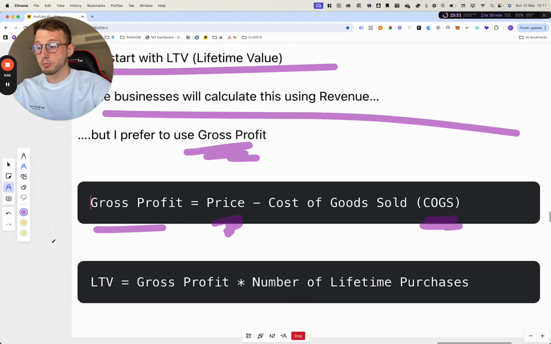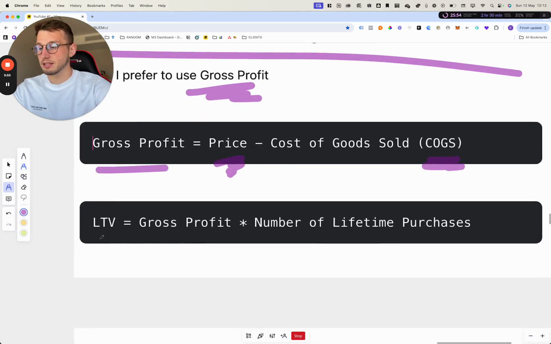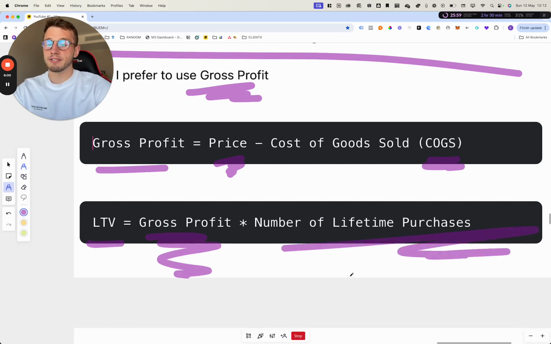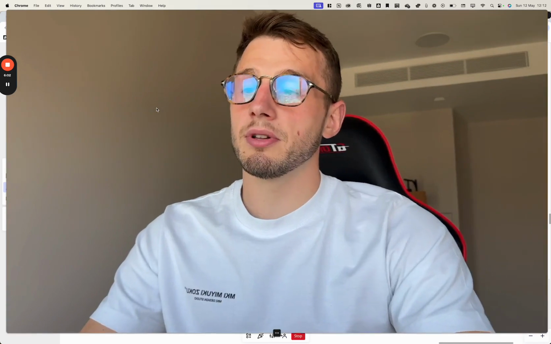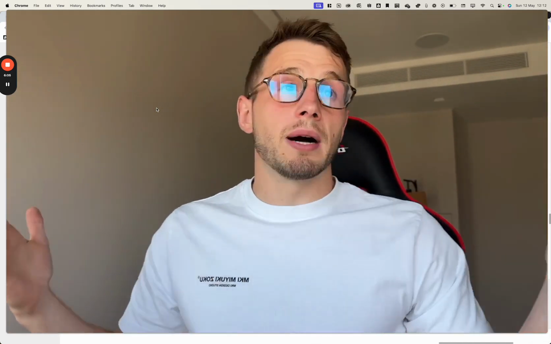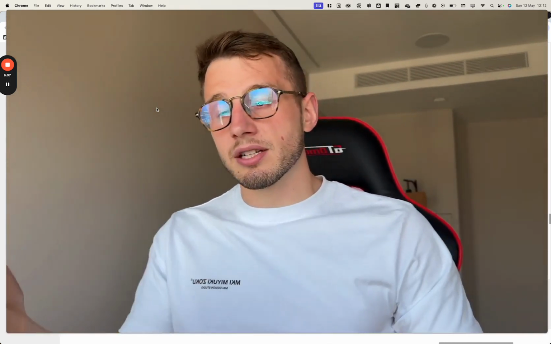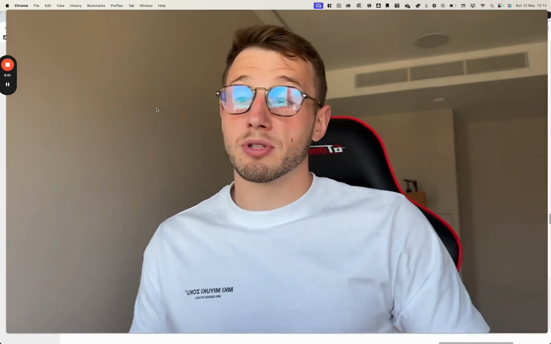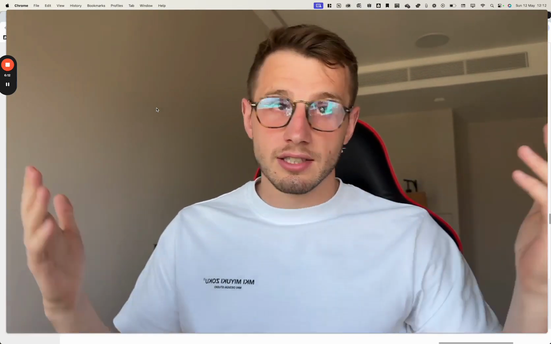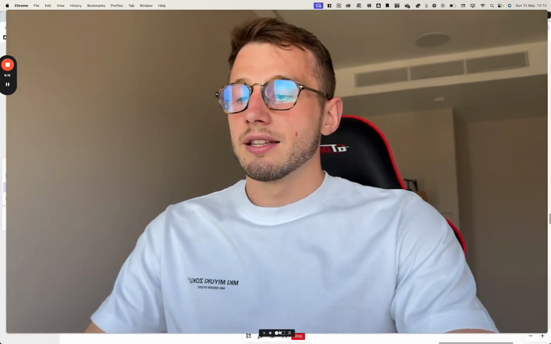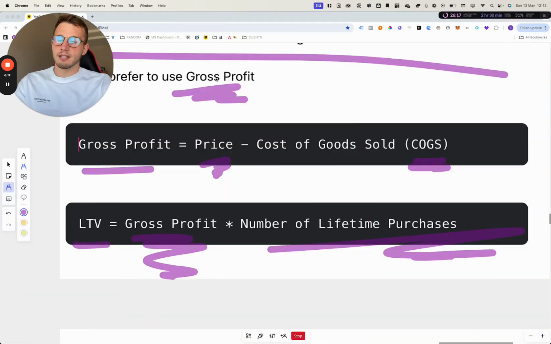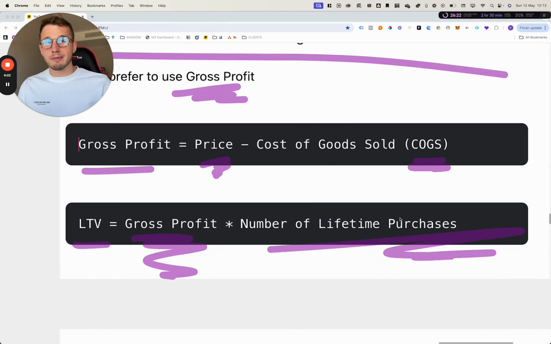Once you understand what your gross profit is, we simply calculate LTV by taking our gross profit figure and multiplying it by the number of lifetime purchases. So, for example, if on average a customer buys from us 5 times, we would take the price and multiply it by 5. If they only buy from us once in their whole entire life, it's a one-off thing, then again, you'd multiply it by 1. Now, the time frame you use for that is up to you, but I would typically just look at a sensible period. Maybe it's a year, maybe it's 2 years. Take the total number of orders or sales and divide that by the total number of unique customers, and that's going to give you this figure.